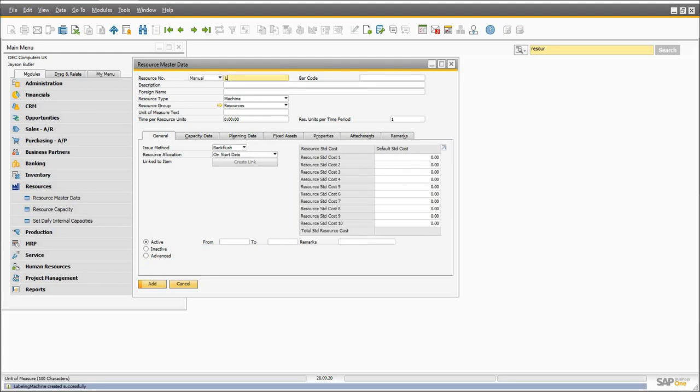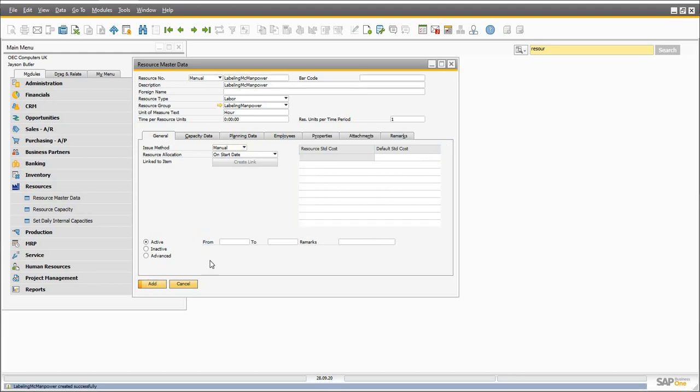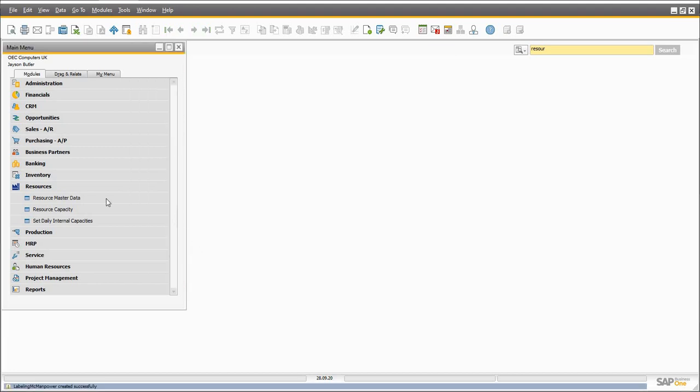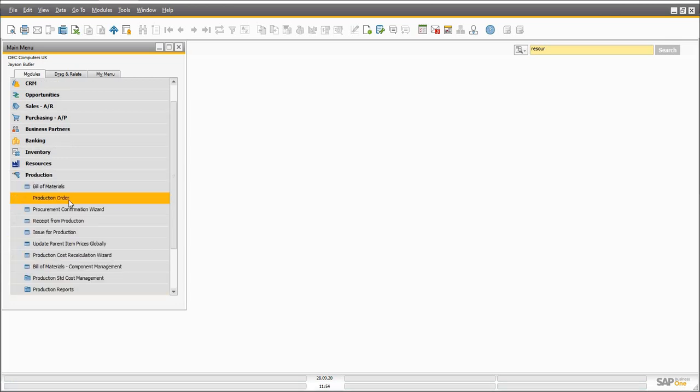Another resource I wanted to create, labor, labeling machine manpower. Same, I will just create it, and this time this will be a labor, and this is my labeling machine per hour, and let's say I am putting 10 per hour, and then the issue method is manual. So we have created the resources, and now we are going to create one of the production order,